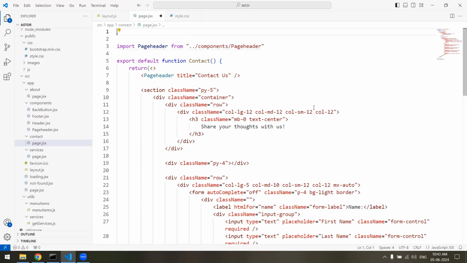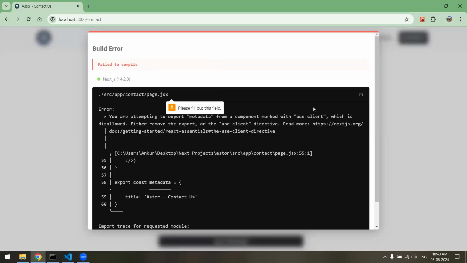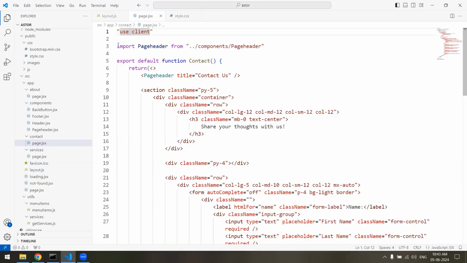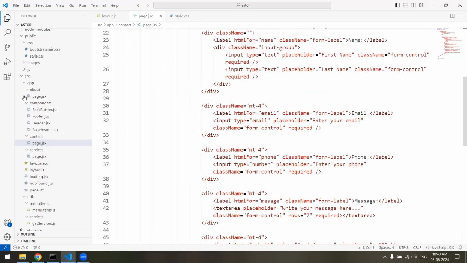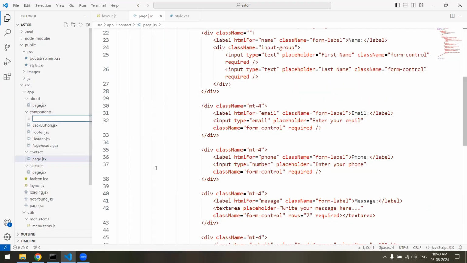If we make it a client component, we will get an error saying you are attempting to export metadata from a component marked with use client. So we cannot export metadata from a client component. So instead of making this page a client component, we will just create a component inside this components directory by the name contactform.jsx,